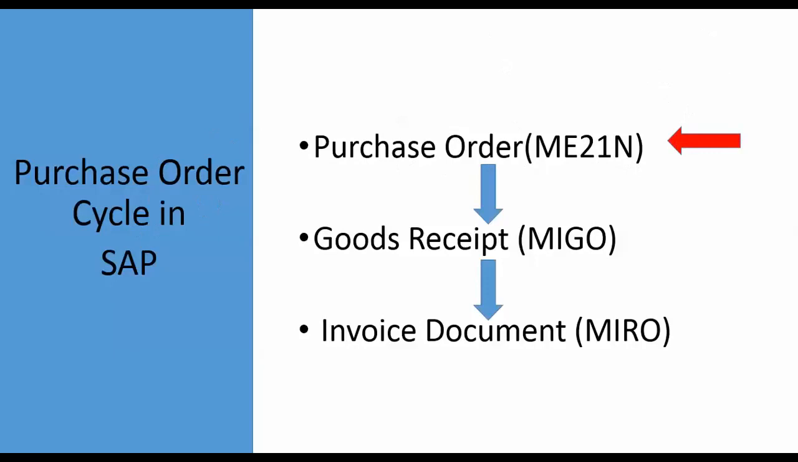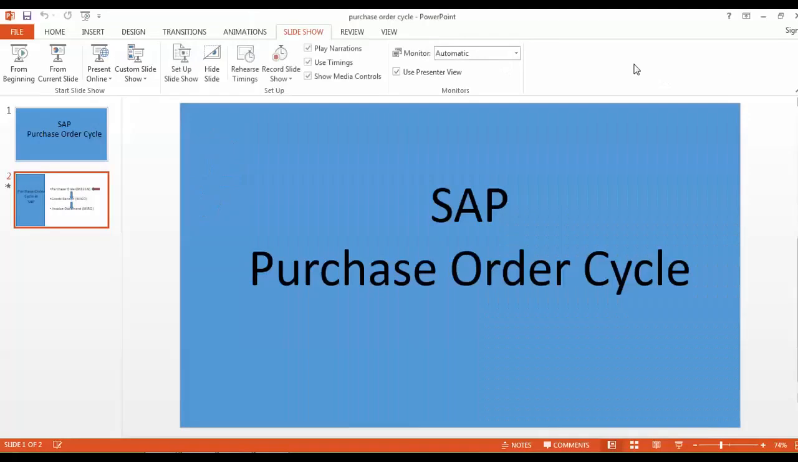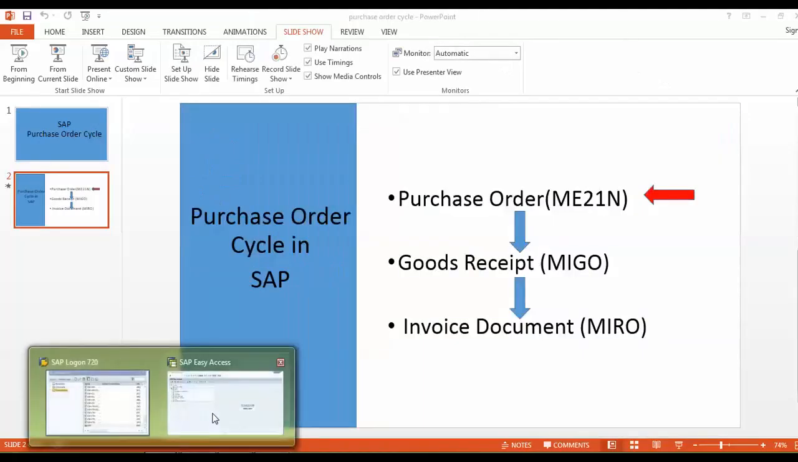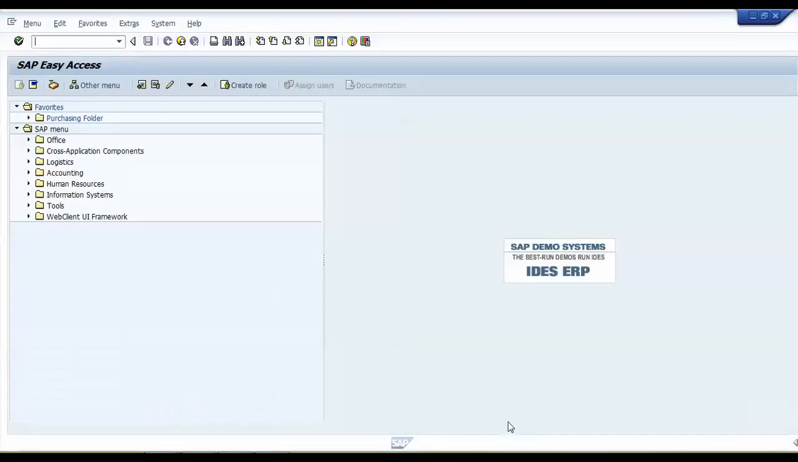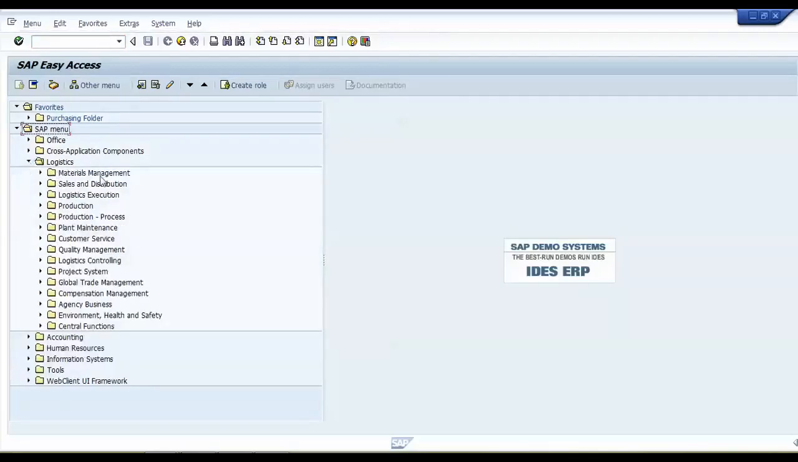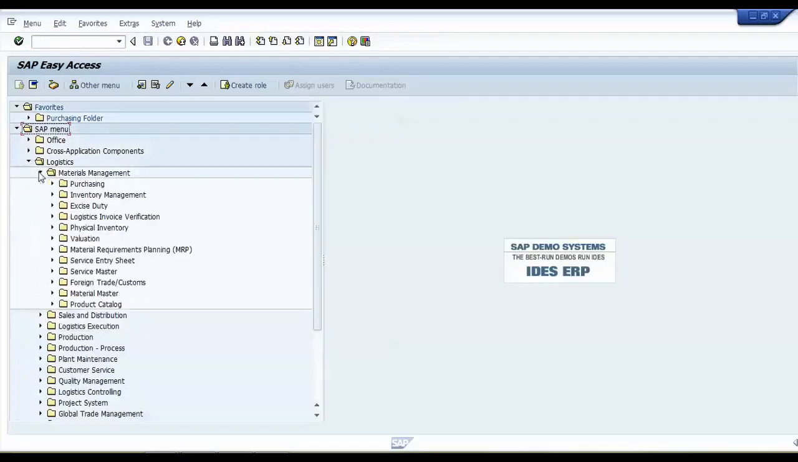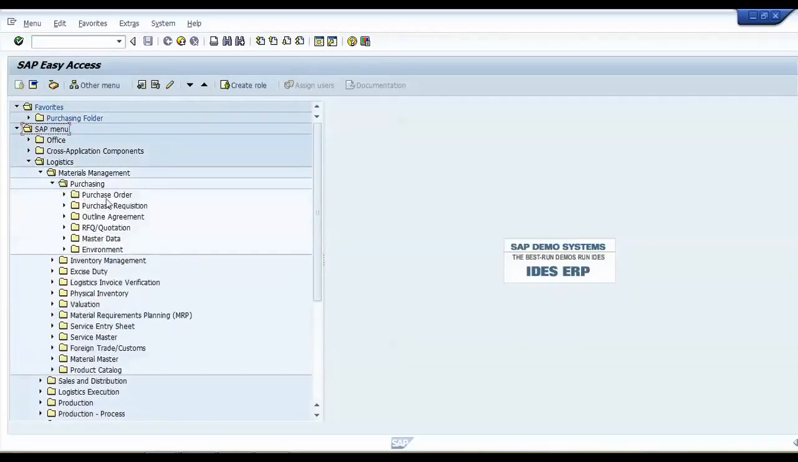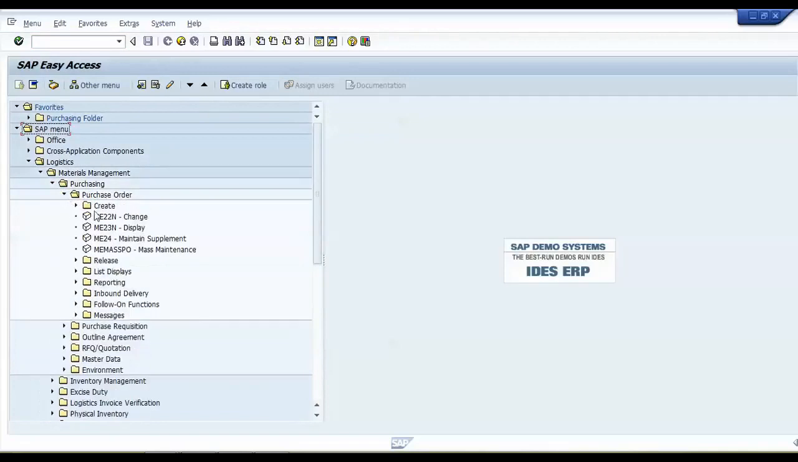Now we will do practicals. So this is our SAP Easy Access screen, and now I will show you the menu path first. SAP menu, logistics, materials management, purchasing, purchase order, create,